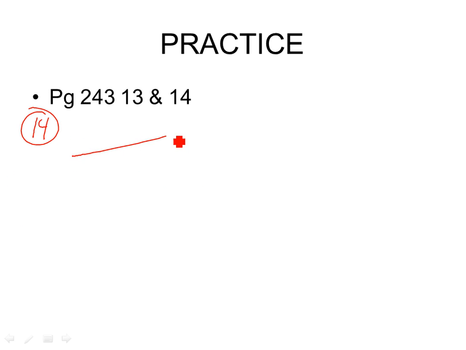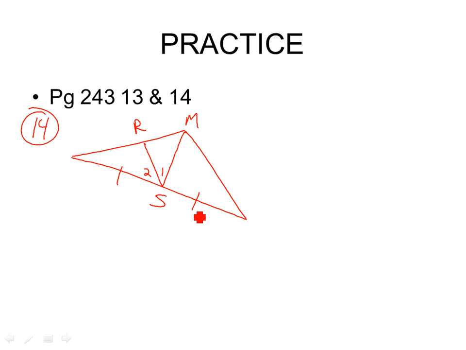Problem 14, the picture looks like this. Same picture, MS. Again, my picture doesn't look very good. R comes up here. It's angle 2, angle 1. They tell us that these two are congruent. This is N down here, and Q over here. This time they tell us MS is a median. So MS, right there, is a median. So that means these two segments are congruent, and this is a midpoint. S is a midpoint. They tell us that segment QS, it's right there,